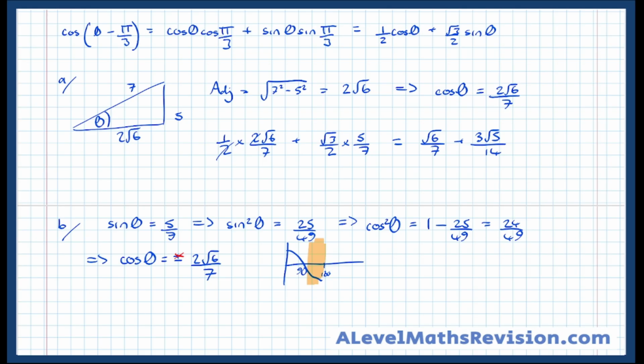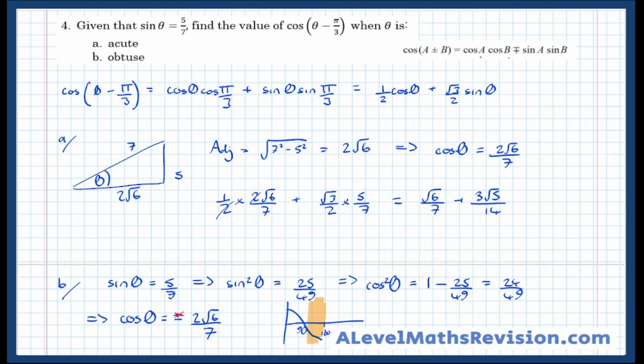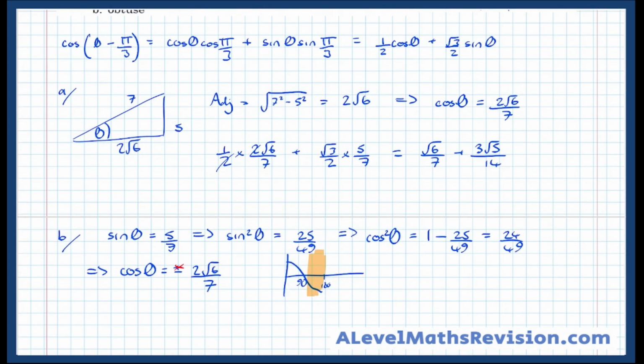Okay, so now we've got the value of cos theta, we've got the value of sine theta, which was 5/7. Let's sub it into our expression. So, therefore, cos of theta minus pi over 3 equals a half cos theta, and cos theta in this case was minus 2 root 6 over 7